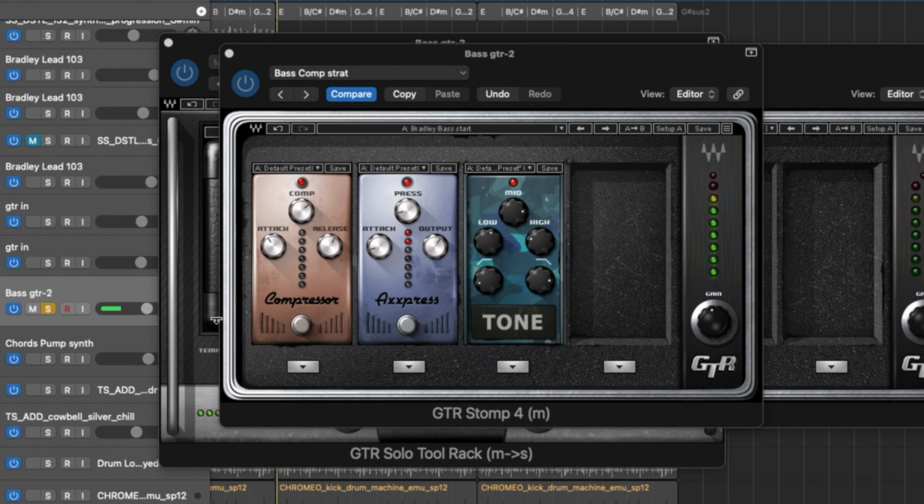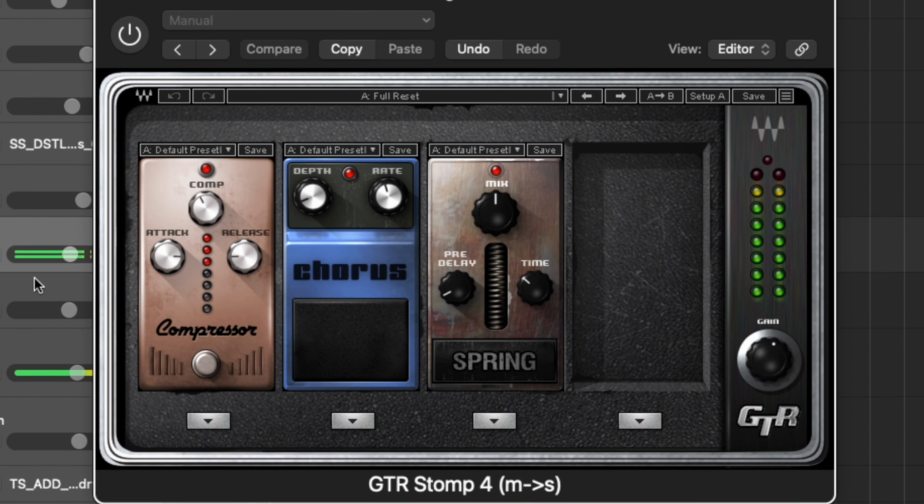I'm Bradley Denniston, and I get to show you around this whole plugin suite and do some really cool stuff with you guys. So let's tap right into the plugins, the Stomp pedals, and put them on vocals, bass, guitars, and use them in ways you may not have thought of before. First off, I'm going to give you a nice A/B before and after of all the GTR Solo and Stomps